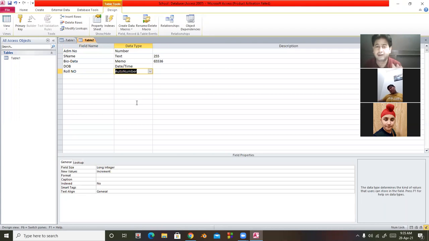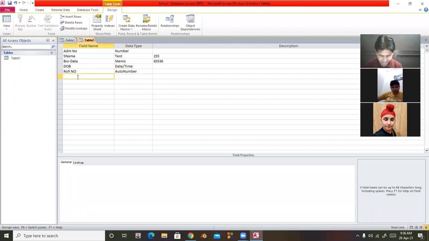So here it will be numeric, but there will be no insertion of data from the user. Data will be entered automatically with increment. Okay, students, is it clear? Okay, beta. Now, next data type is